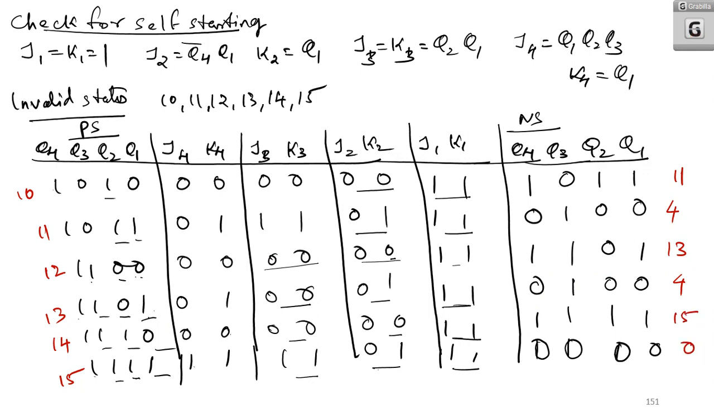This is 0. So what is actually happening? If 10 is coming, 10 will go to 11 and 11 will go to 4. Right? Again, 4 is a valid state. Now if 12 is coming, it will go to 13 and 13 will go to 4. Again, if 14 is coming, 14 will go to 15 and 15 will go to 0. That is it. So if you are redrawing the state diagram, it will be like this: